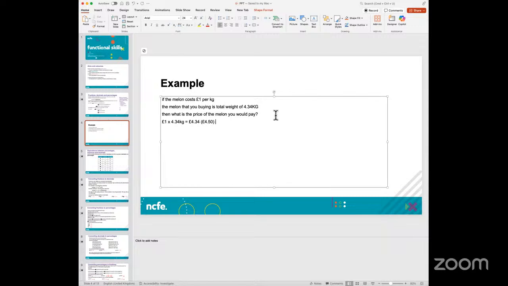So this is a way that you are going to use numbers to be able to reach practical solutions when we are using it in day-to-day life. So expressing your answer in terms of the way that you would pay for the product or the service that you're buying could be done in the form of a number, which could be a decimal or a fraction, and sometimes as percentages.